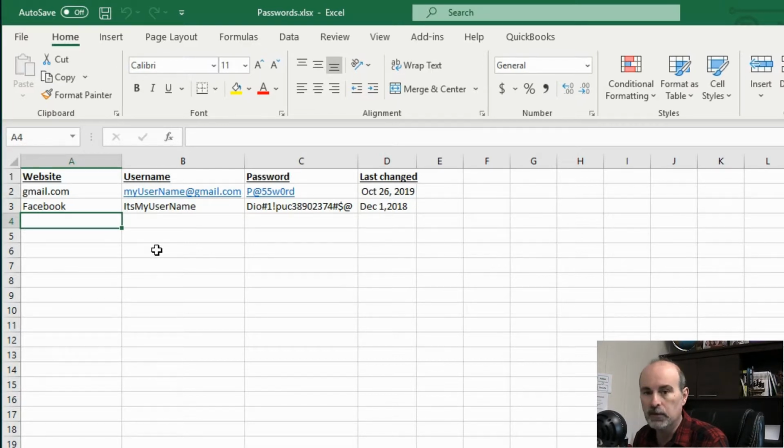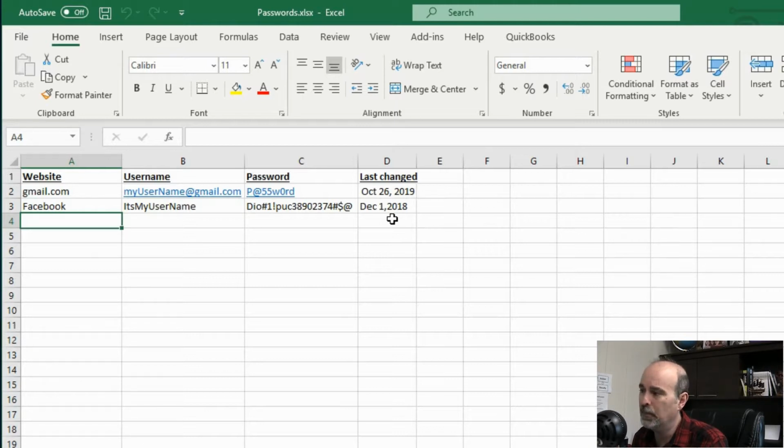So anyway, I'm going slightly off topic here, but you can see as an example, you might list what website is it for, what's your username, password, and also when was the last time you changed that password, because it's a good idea to change it on a regular basis, at least once a year. I mean, that's kind of a bare minimum.